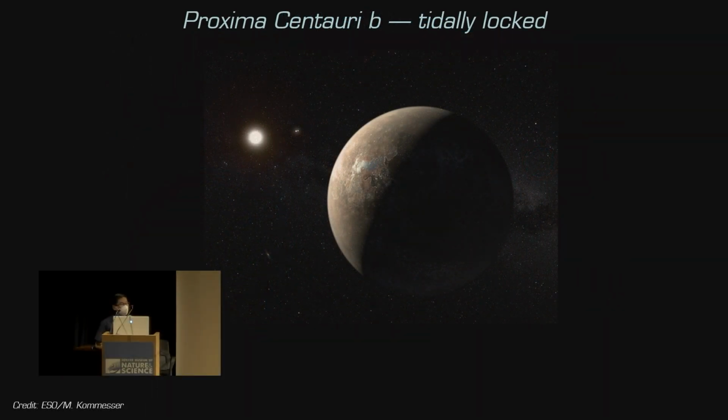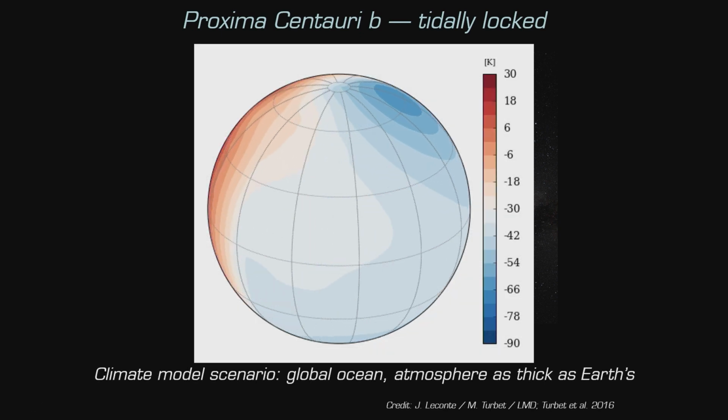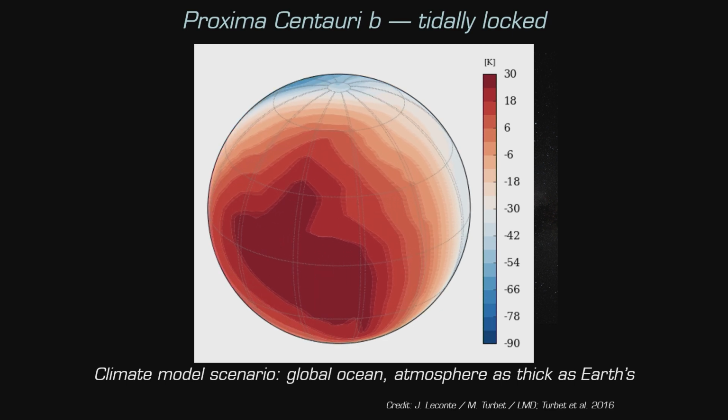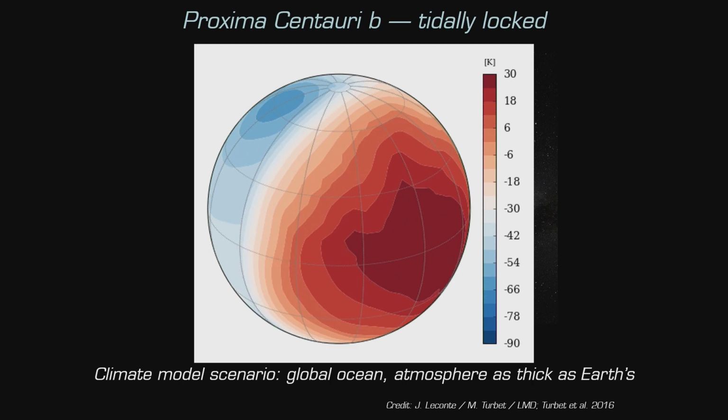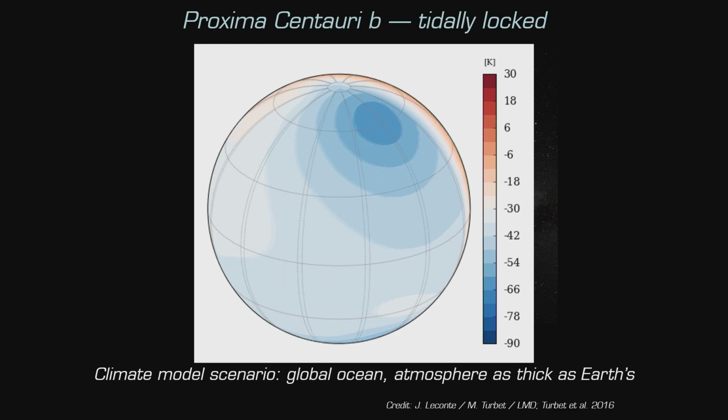In fact, there's one planet that we know of that is probably like an eyeball planet, and that's the planet that's been discovered around Proxima Centauri, which is the closest star to us. So just over 4.5 light years, or 4 1/3 light years away. This Proxima Centauri b was found, I think, in 2015, and people immediately started writing papers about it. And so one of the theoretical models about what this planet might look like, this is a model of the temperature. So this side is the side that always faces the sun, Proxima Centauri, and then the other side always